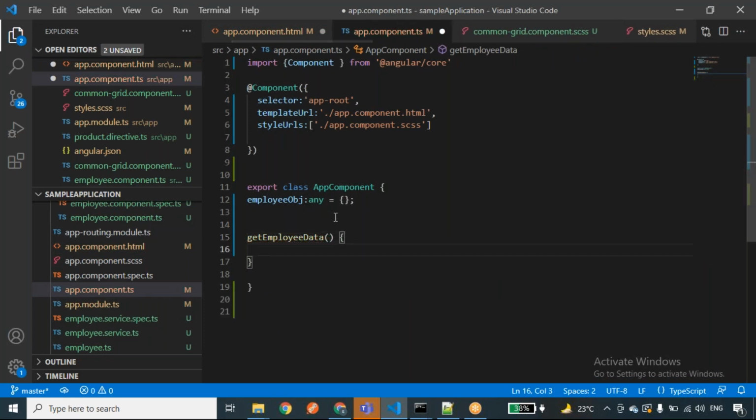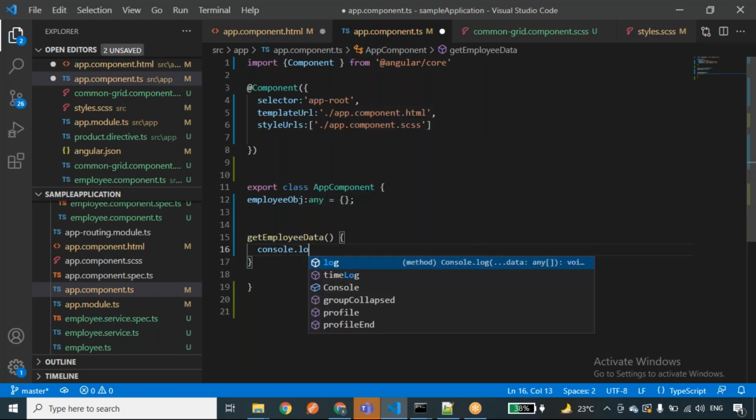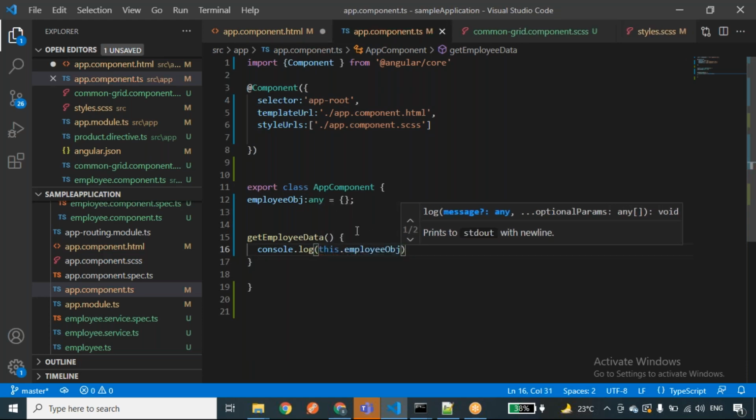Inside this, I just want to print whatever data we have filled in the form. console.log this.employeeObj.